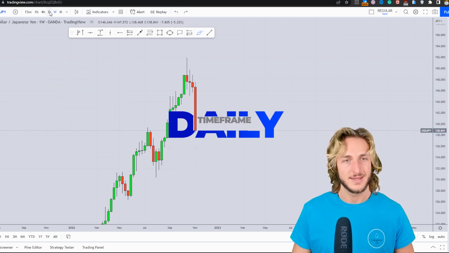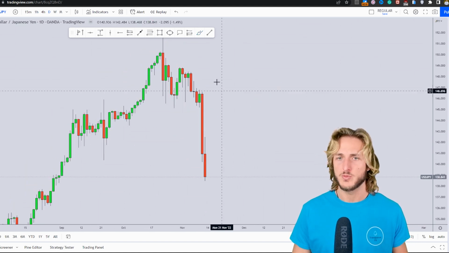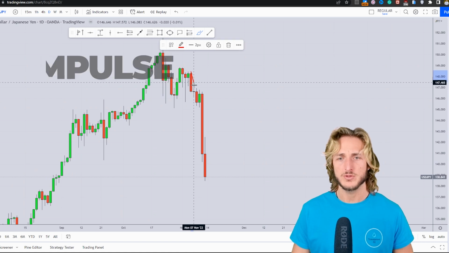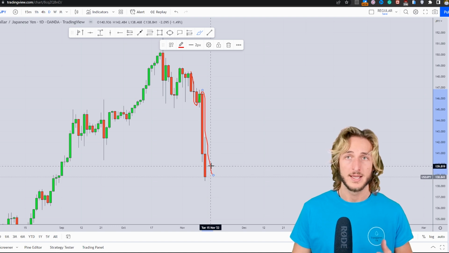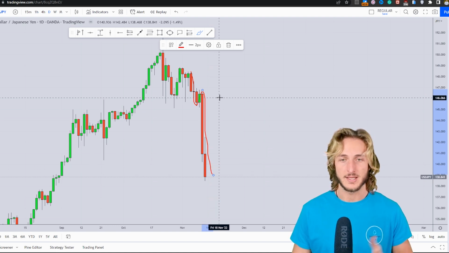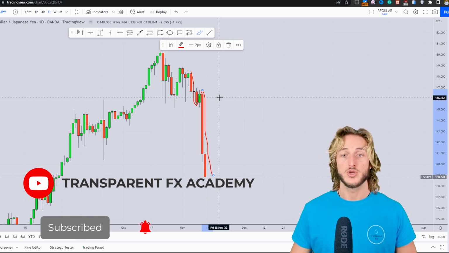Dropping down on the daily time frame, what do we see? Now, from a daily perspective, I spoke about USDJPY a few days ago. We wanted to see the impulse breaking below the support, retest, and rejection lower. That is exactly what the market has now created. And by the way, I will link in description this previous analysis, so you can go and check it out